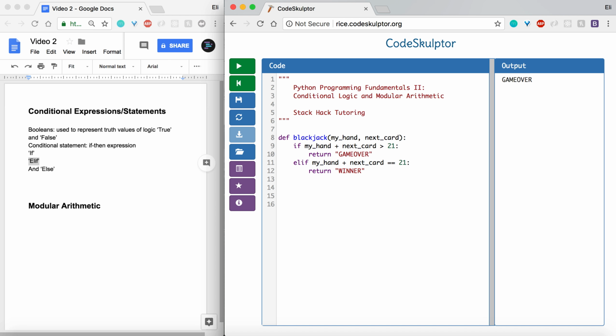And then lastly, if neither of these are true, we want it to return the value of my new hand given my current hand and the next card. And there are two ways you can do this. One way is just to say else, and this else will get hit when all the statements before it are false. It literally just means otherwise, or else return new hand,